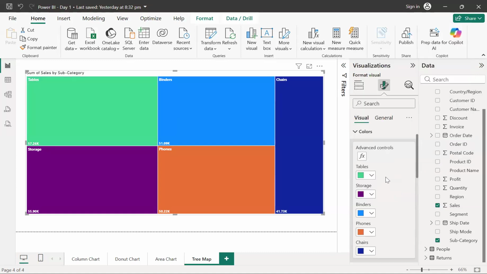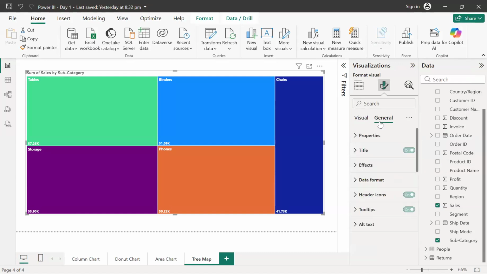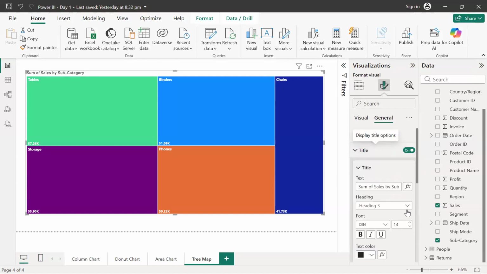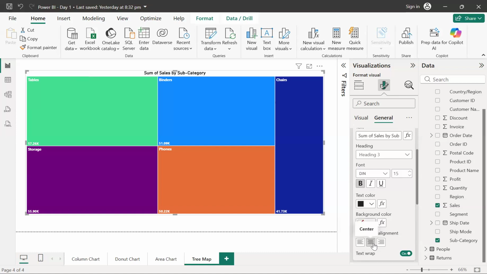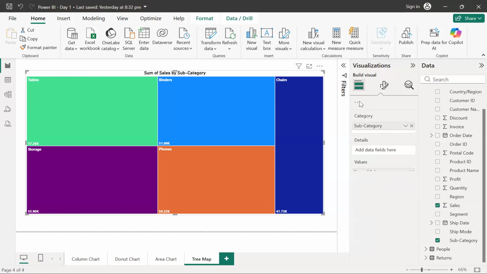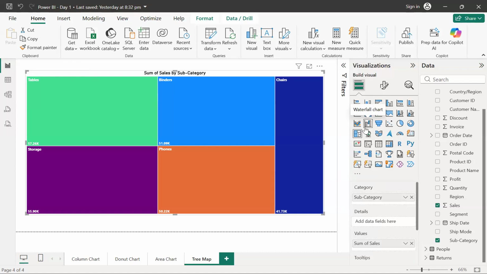Let's say the first one, I want to take as a green one. Yes, peach color. So we can actually do that. Similarly, the title size can be changed. Let's say I take it as 15 and bring it into the middle, just like we have done with the other ones. So now you can see that our analysis has been done.